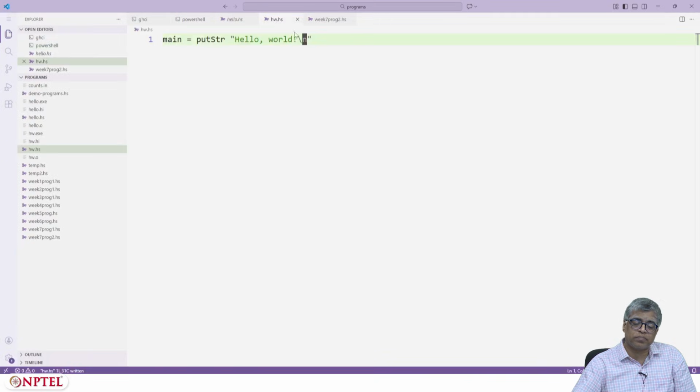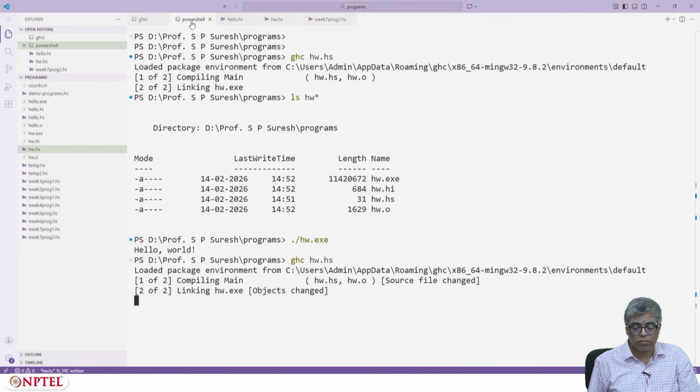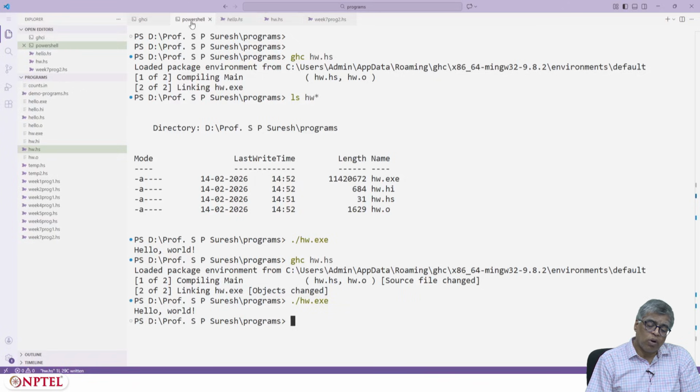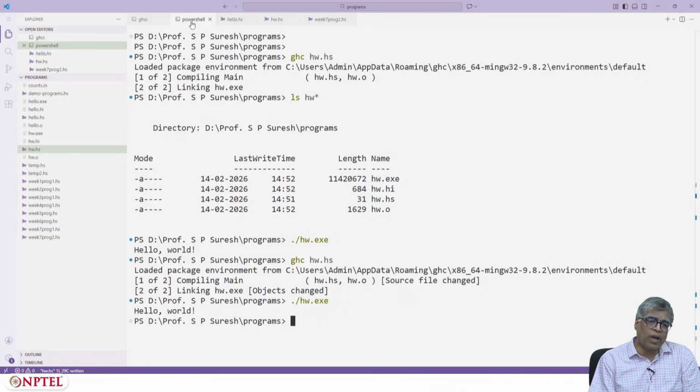But if I did not have this, and if I repeat the same steps, here it doesn't seem to make a difference, it's still putting a new line, but there are situations where the backslash n will definitely produce a new line, and without the backslash n you won't have a new line.